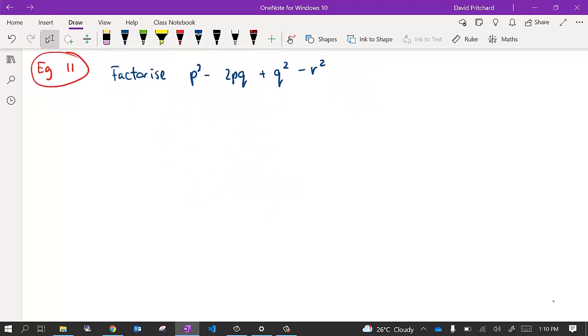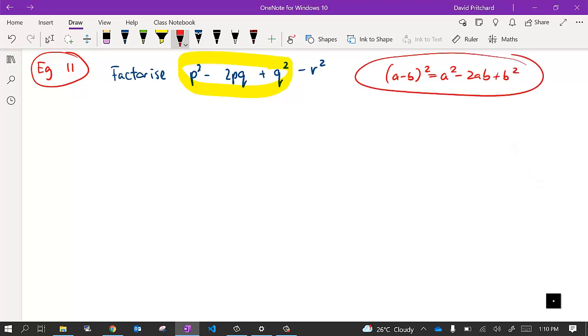Now the real secret is if you can look at this and recognize that pattern. Now if you look at it carefully, you should see that that's actually our perfect square pattern, in that a take b all squared is a squared take 2ab plus b squared. Now if you can see that, then you're sitting pretty, because this is a couple of lines to be able to do this factorization. So if we can see that pattern, we know that this is actually just p take q all squared. And so once we've done that, we've still got our negative r squared, but this becomes a familiar thing. We've got a square take a